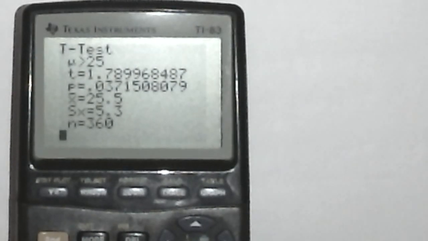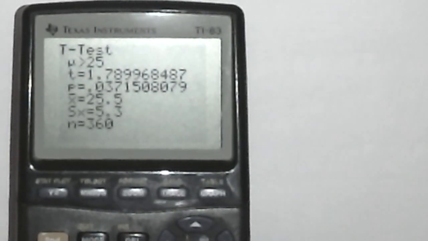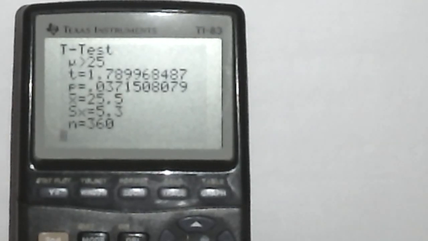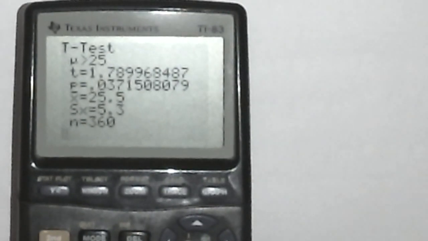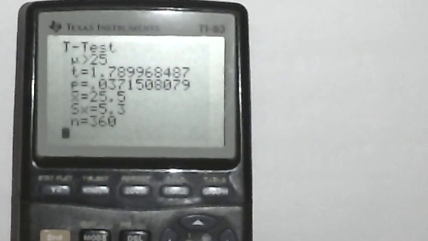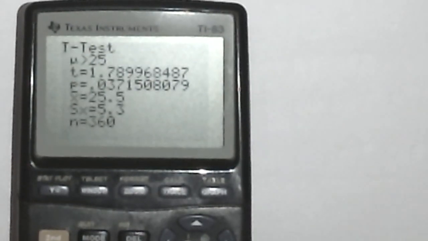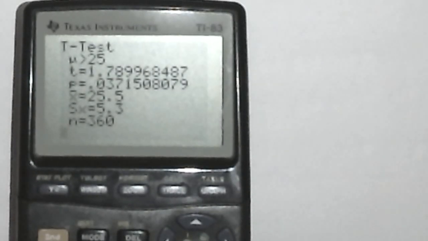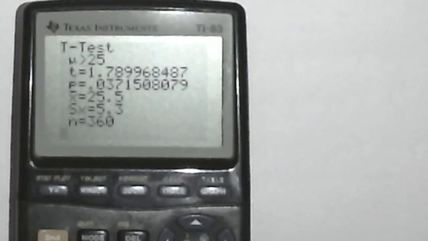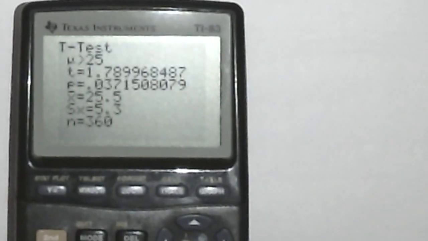Notice our test statistic, 1.7899, and so on. That's what we computed in step 3 when we showed all 5 steps, the manual way of doing the problem. We're not really concerned about that. We look at the p-value. The p-value is 0.037, and 0.037, notice, is greater than 0.01, the level of significance alpha that we set when